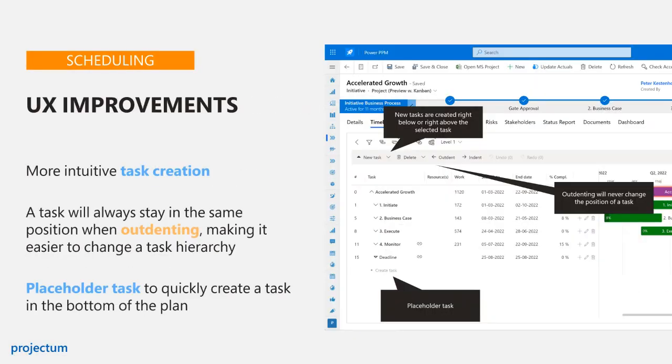the second one is the whole experience around creating tasks in the Gantt. We have received feedback to improve that, and we have incorporated a lot of that feedback from our customers and our partners. So we are going to have a more intuitive task creation, which means that if you create a task, it's always created right below, and not indenting like it was before. If I'm using the indentation or the outdentation of a task, I will always see that it's staying in the position it's always been, like I would expect from other